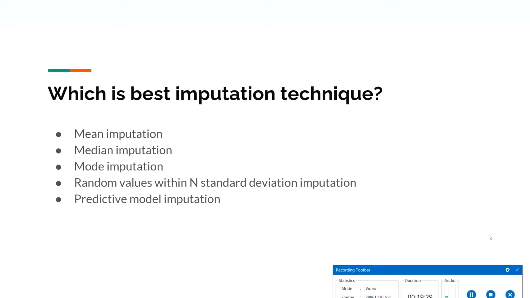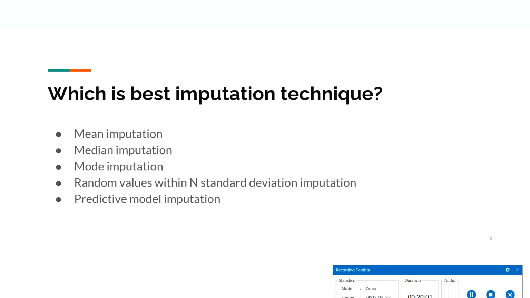Coming to median imputation, on the same problem where the column is continuous in nature, and you know there are outliers and you do not want to capture the impact of the outliers, then instead of taking the average of the 90% of the data, take the median of the 90% of the data and fill the remaining 5 to 10%, whichever are your missing values, with the median of the values. This will ensure that your data is not outlier impacted.